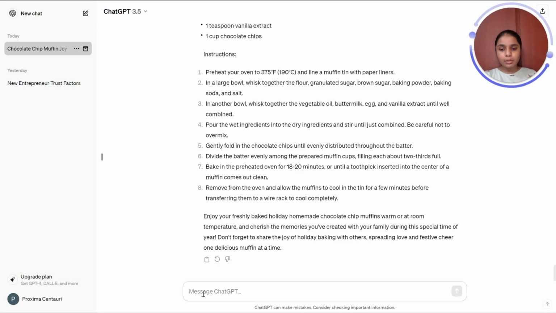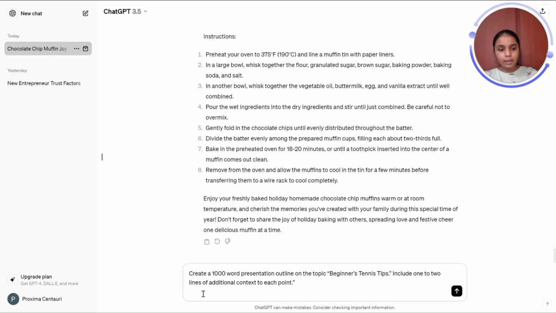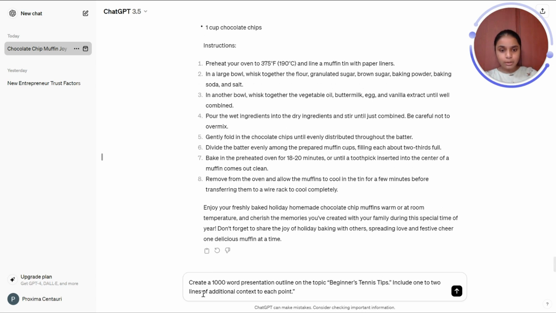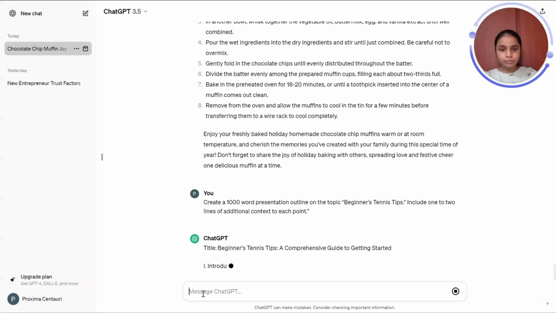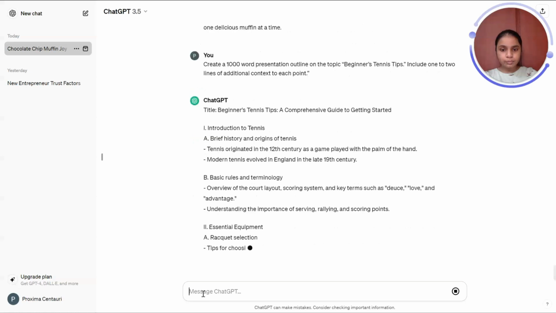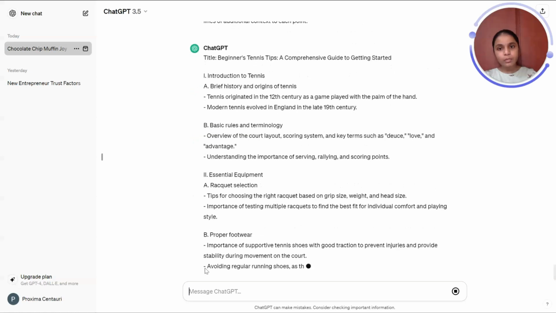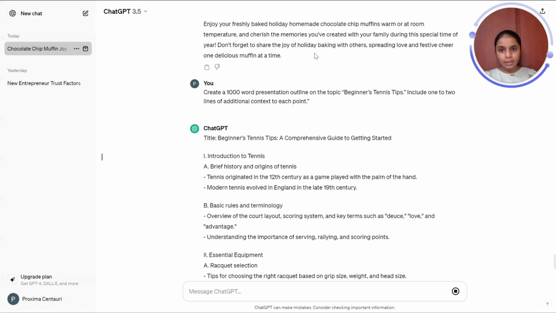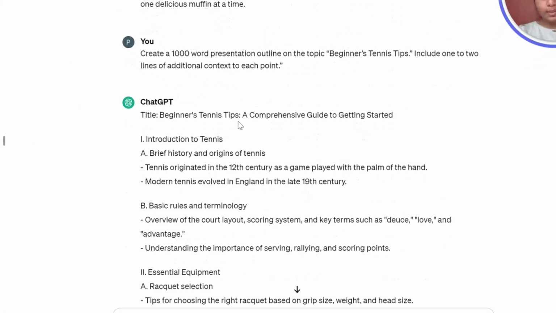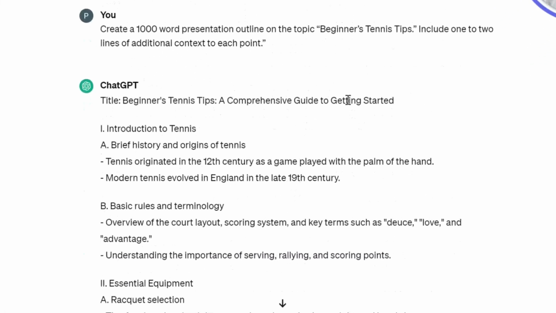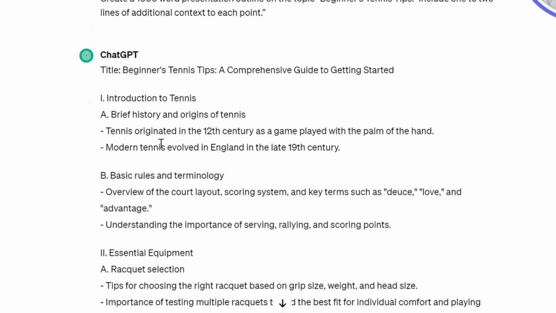Okay, now I'm just going to paste in our prompt and let's see what ChatGPT gives us. Okay, so it started off with a title, Beginner's Tennis Tips, a comprehensive guide to getting started, and it's divided